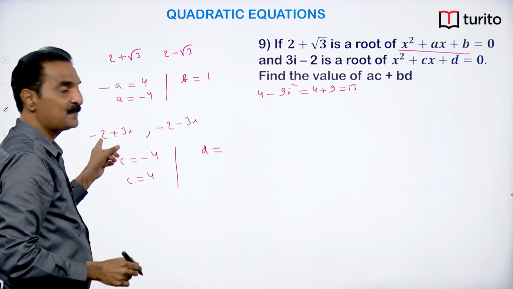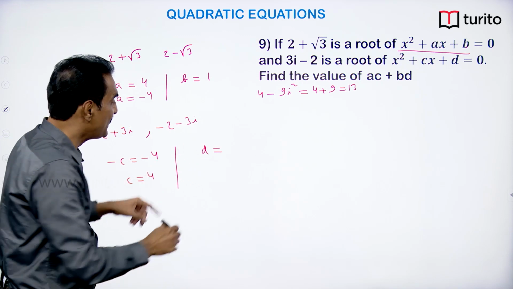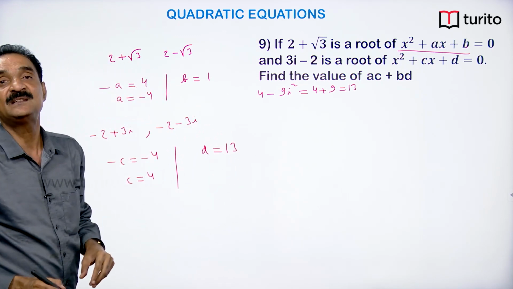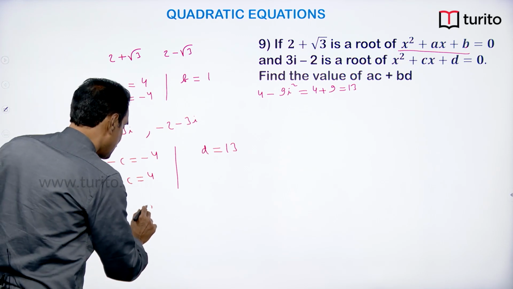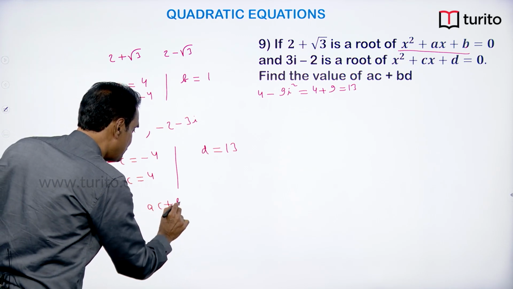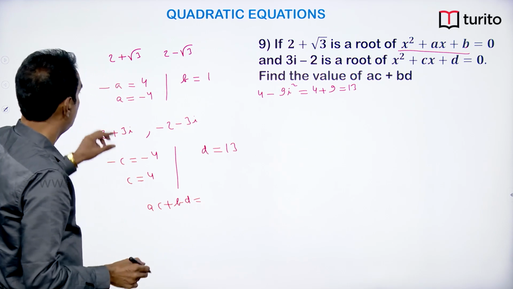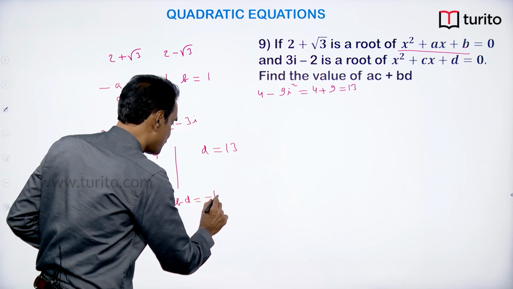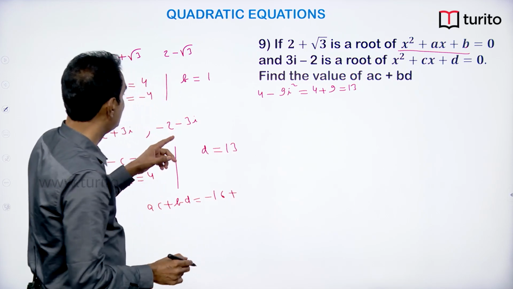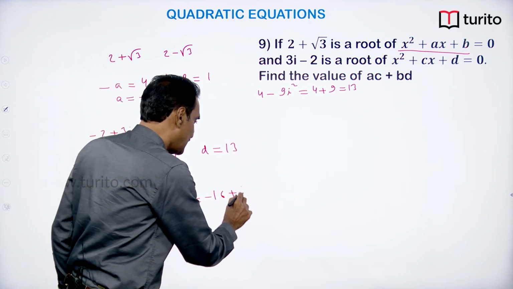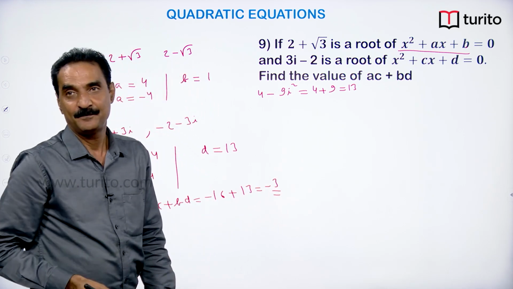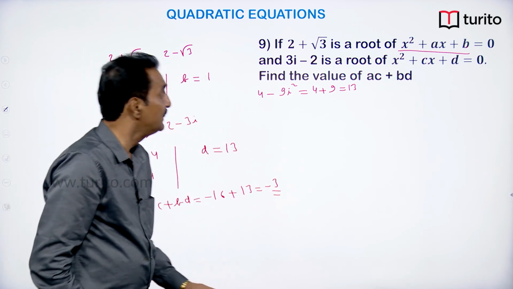Product of these two complex roots is 13. So, d must be 13. Now, you want AC plus BD. AC plus BD is equal to A into C, minus 16, plus BD, 13. So, answer is minus 3. Next question,